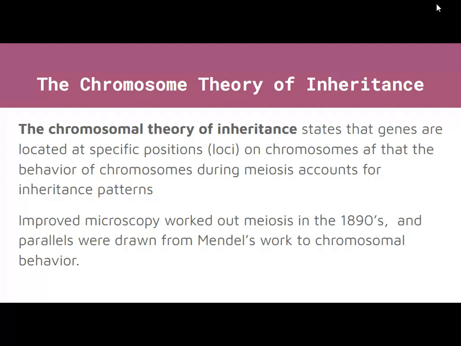The chromosomal theory of inheritance states that genes are located on specific positions on chromosomes, and that the behavior of chromosomes during meiosis accounts for inheritance patterns. So not only does the way chromosomes move during meiosis give us our law of independent assortment and law of segregation, but also there are specific positions on chromosomes